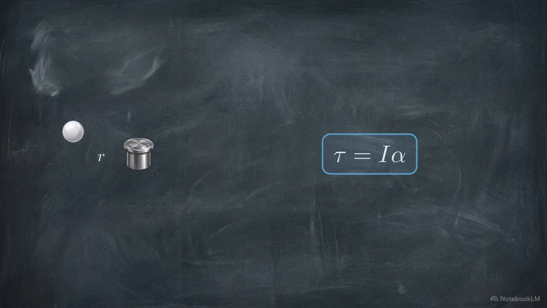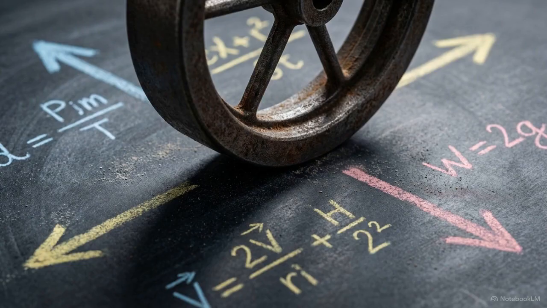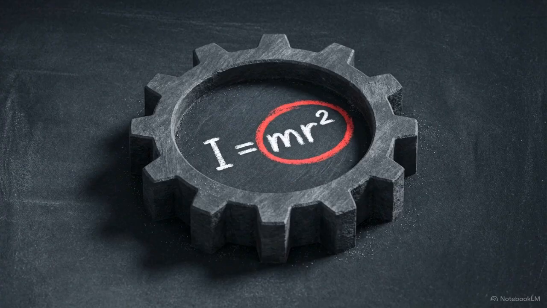By isolating the quantity mr squared, we define the moment of inertia, I. This is rotational motion's exact equivalent to linear mass. Converting linear algebra into circular geometry reveals an object's rotational resistance is defined by the precise location of its mass relative to the axis. The inclusion of the radius squared, r squared, has profound mechanical consequences. You can drastically change an object's physical resistance without ever changing its mass.